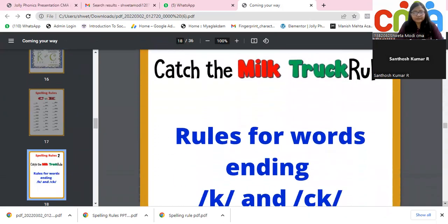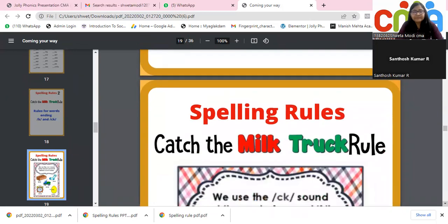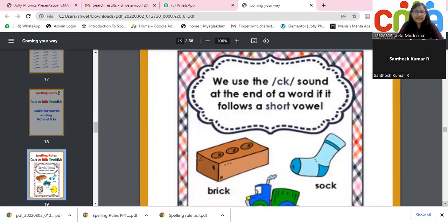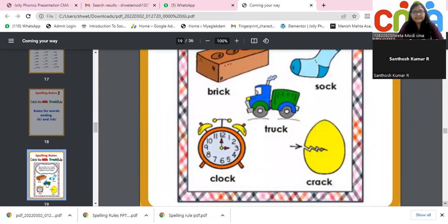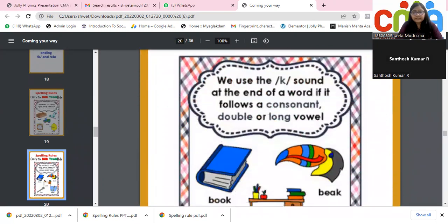Then we have the milk truck rule, K and CK. When does a word have K at the end, or when does a word have CK at the end? If you hear any of the short vowel sounds, a, e, o, then you will find C and K coming together. Like in brick, it is i. In sock, it is o. In truck, it is a. In clock, it is o. In crack, it is a. Right? So whenever you have a short vowel sound, then C and K both come at the